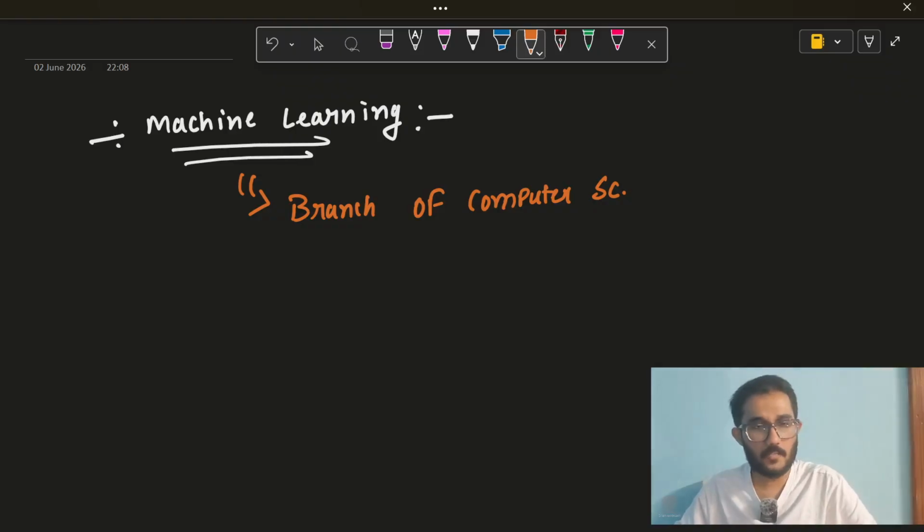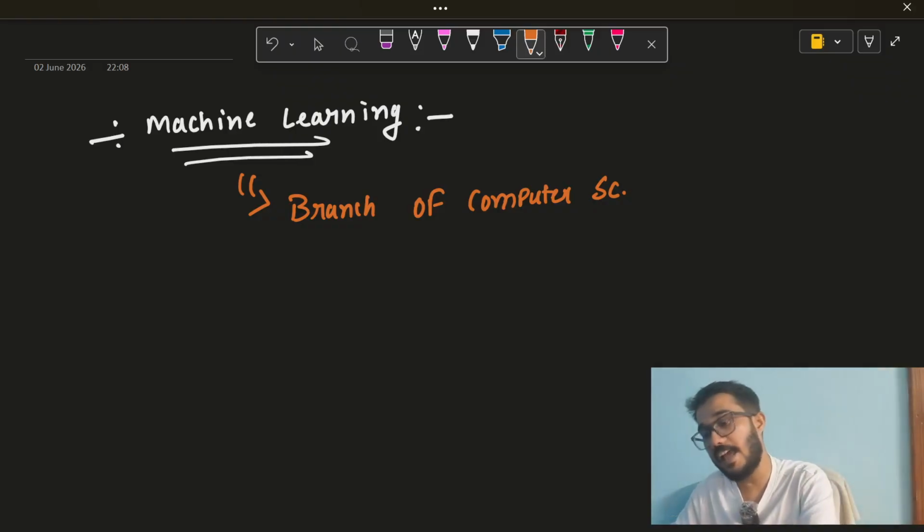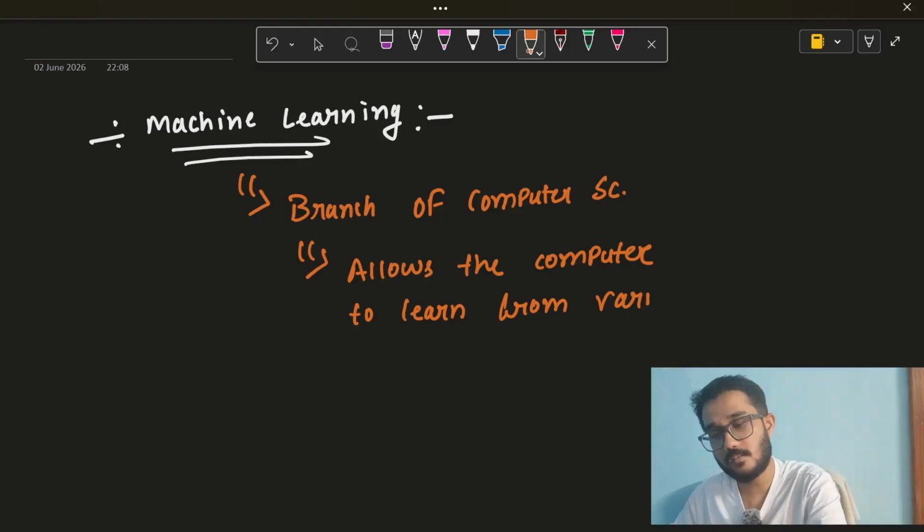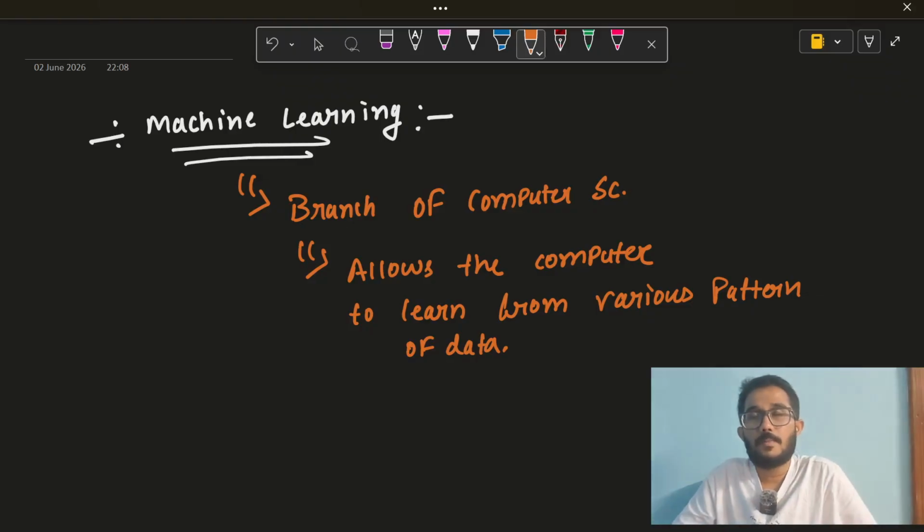So it is just a branch of computer science, and what it is doing basically is that it allows the computer to learn from various patterns of data. Now, what happens? Traditionally, people used to write code